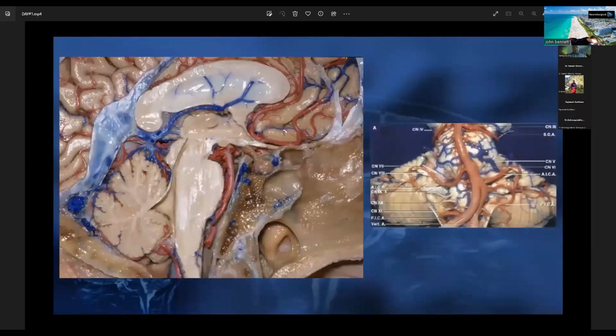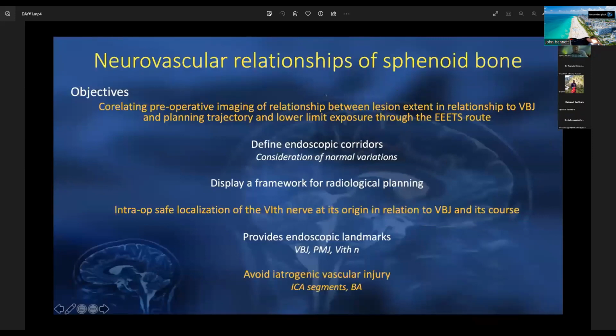And mainly the transclival approaches are through the clivus. When you have an intradural extension, it goes to the prepontine space, where you have all these vessels with the basilar artery and its branches. So the whole rationale of the study is to